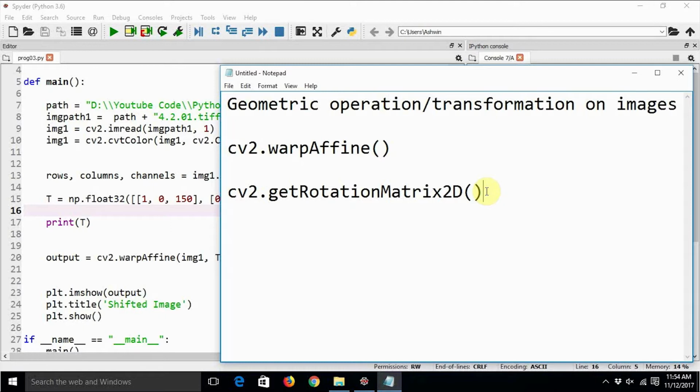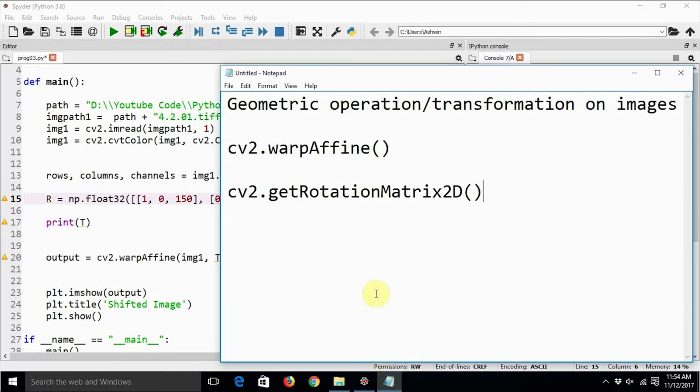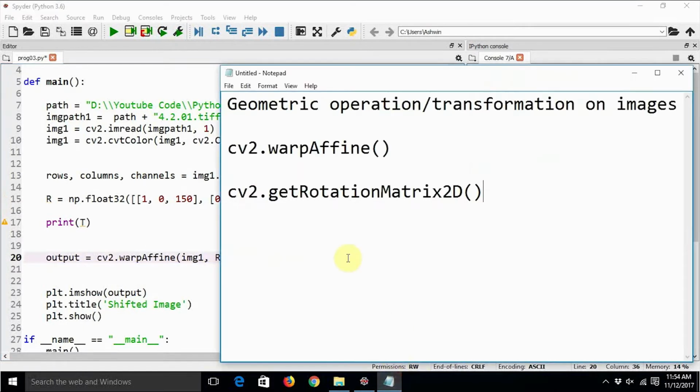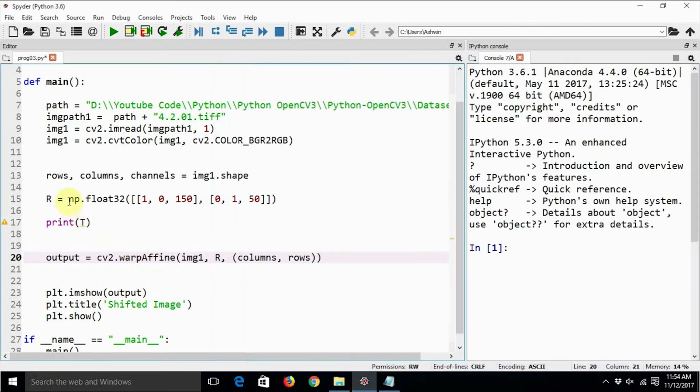In the earlier example we addressed the matrix as the translation matrix, and the name of the matrix was T. In this example, for the sake of clarity, let's keep it as R, and then we will pass R here. And let's use the cv2.getRotationMatrix2D function to find out the value of matrix R.